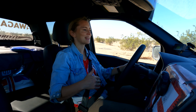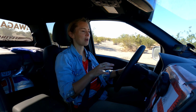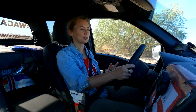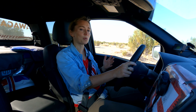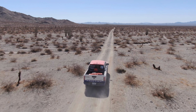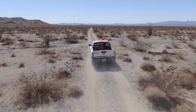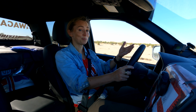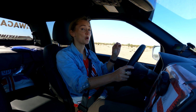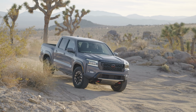This year my truck did get outfitted by Nismo with their suspension, but we only got it on the front end of the truck. I was a little concerned at first. I thought perhaps the back end would maybe get a little mushy or overheat, but I really had no problem with the standard Bilstein shocks that are back there on the Pro4X. Up front, we did have the extra cushion with the Nismo suspension, and boy, so comfortable up front. It gave us a little bit of a lift, so we were able to get over whoops and washboard with absolutely no problem. For what most buyers are going to be doing, they won't be disappointed in the stock Pro4X